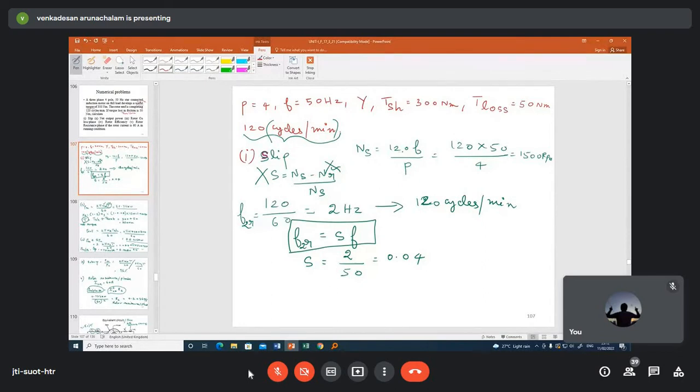from the formula. So Ns is equal to 120 f by P. So frequency they have given as 50 Hz. So that is the stator frequency divided by 4. So it comes around 1500 RPM. So this is Ns. So Ns we know. But Nr, it is not given in the problem. We cannot compute Nr also from the given data. So then how to compute the value of slip? So you have to use this relationship for this,